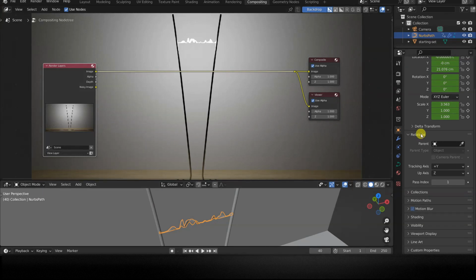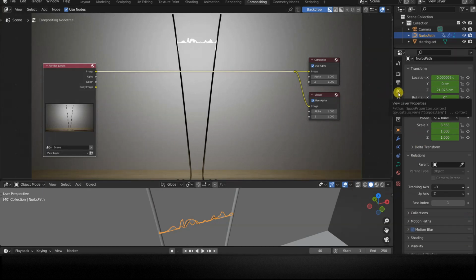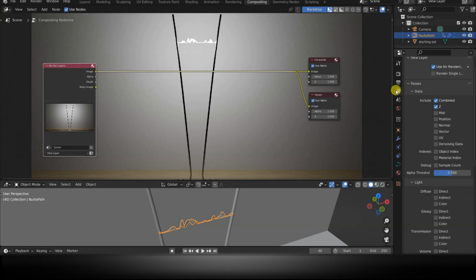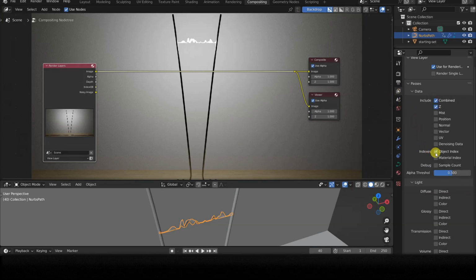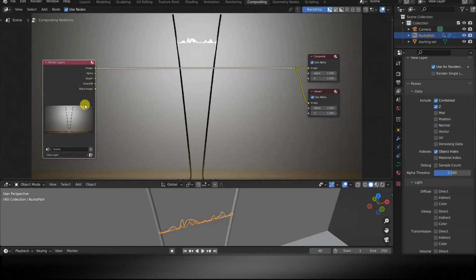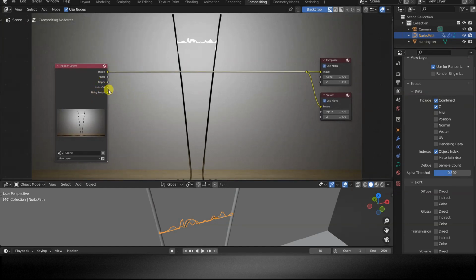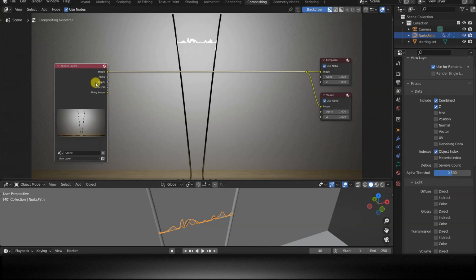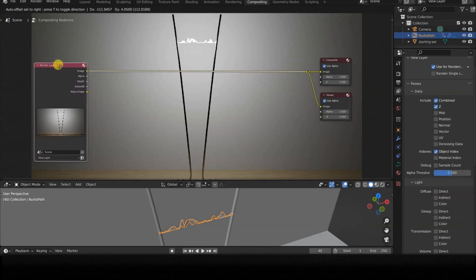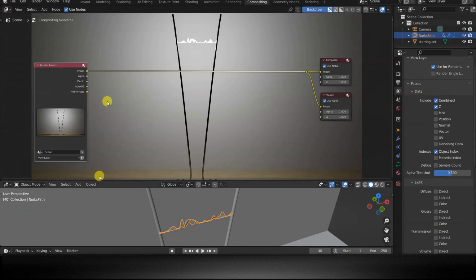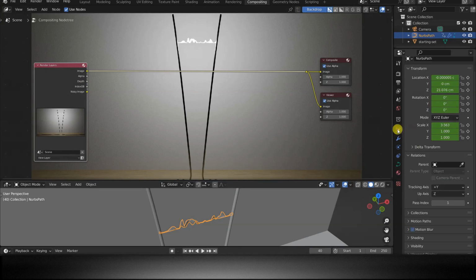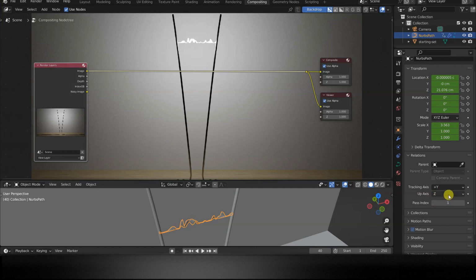To be able to retrieve this information in the Render Layers node, we need to open the View Layers window and select the Object Index box in the Passes section. A socket called IndexOB will now appear in the Render Layers node, which is the information we are interested in. As you may have noticed, this information has 3 different names depending on the context in which we look for it: Pass Index for the object, Object Index in the View Layer window, and IndexOB in Render Layers. This is very confusing, I know.